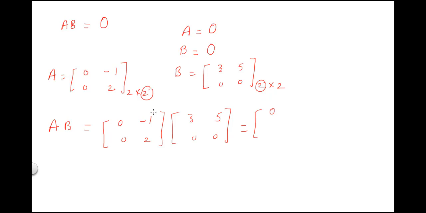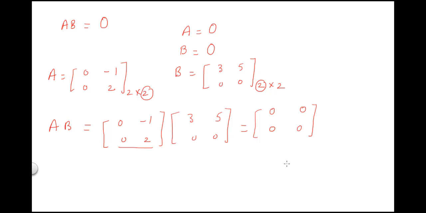Okay. Similarly, when we multiply the first row with second column, again we get the answer as 0. It happens the same for the second row first column: 0 into 3 is 0, plus 2 into 0 is 0. Similarly, the second row and the second column: 0 cross 5 is 0, 2 cross 0 is 0. So see, A and B here are not zero matrices, but still the product is a zero matrix. So whenever it is asked that if AB is a zero matrix, is it necessary that A and B are zero matrices? It is not always true.